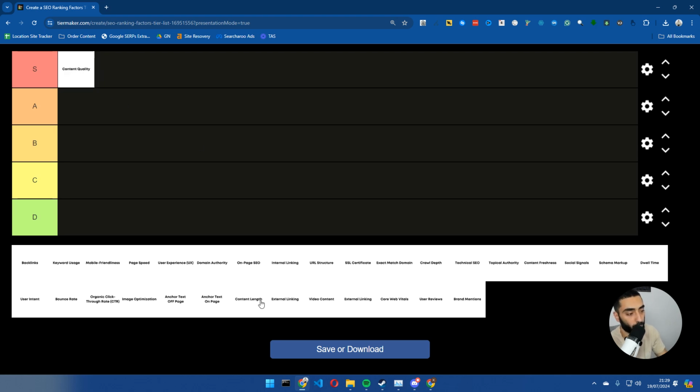Now, one thing we should probably talk about is content length. I know that a lot of people use writing tools that recommend how long an article should be, and I don't rate content length as much. The reason is, I've spoken about this before, a lot of the time Google hops over keywords. If you use the Google Cloud API, you'll see that words like "the," "same," "here" are actually not even read.